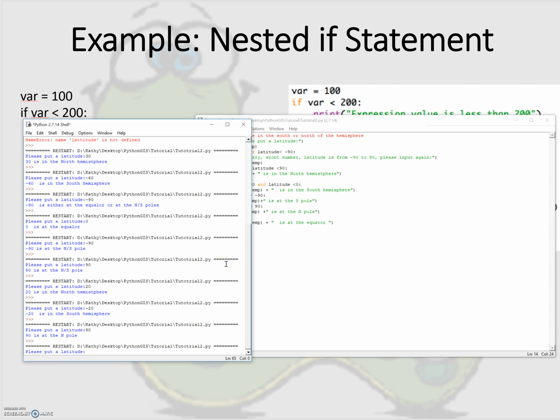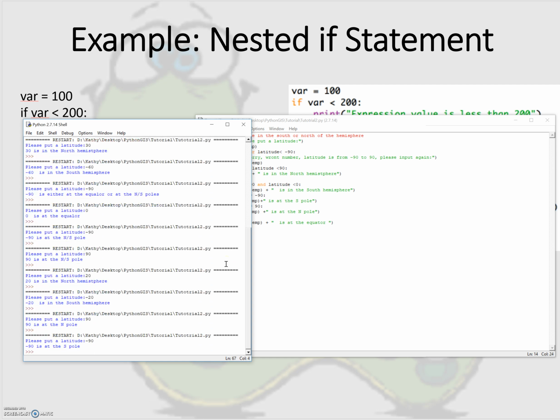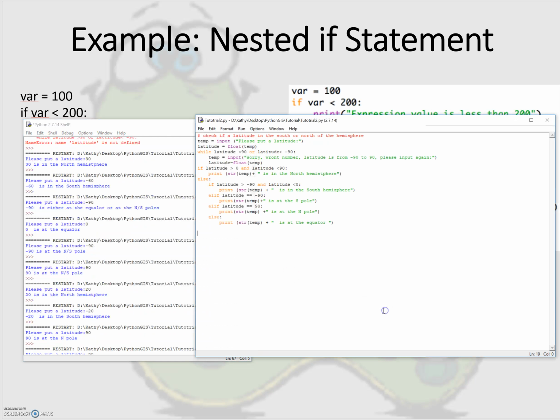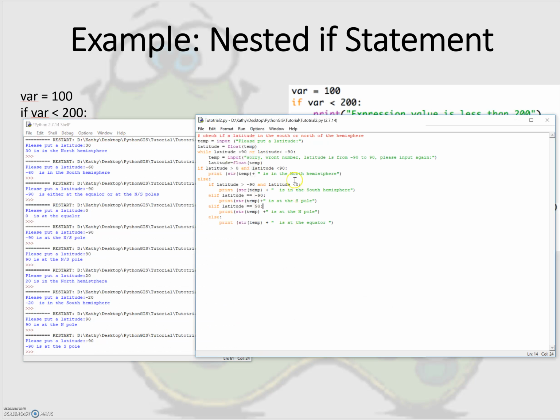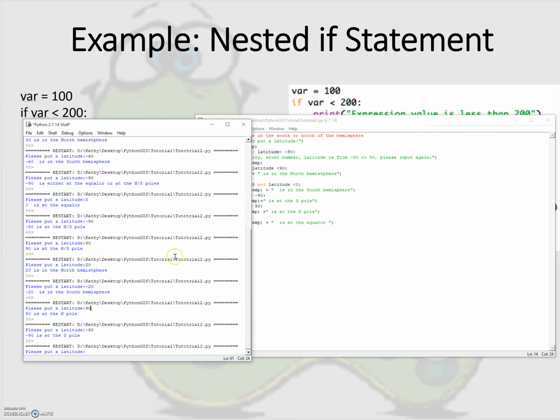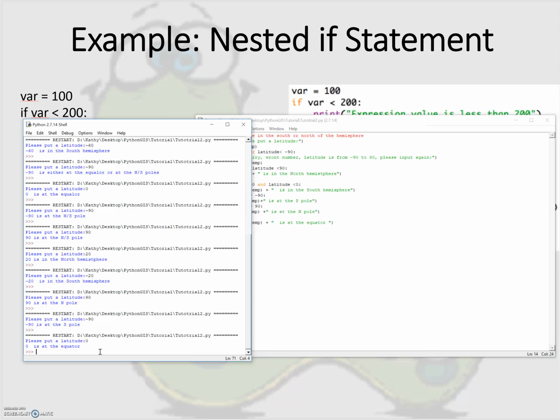Then I will put -90. It's in the South Pole, and F5. F5. It doesn't run. Oh, can you run it again? Run. Okay, and then I will put 0. It's at the equator. Okay, it's very specific, so you can put some